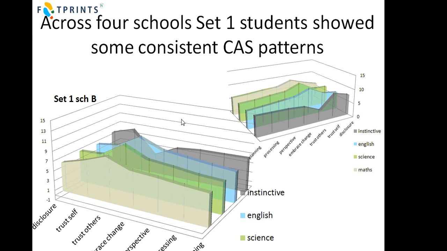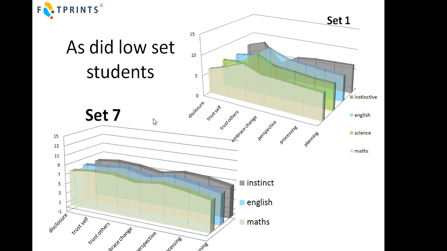We see that pattern here, and that is really in very strong contrast to what we saw in set 7 here, where it was very flat, and we saw what's actually across the mean here, a slightly higher than average trust of self, which remains higher than average, and higher than average trust of others, which remains the case. And this trust of others, trust of self, seems to be a distinct pattern between set 1 and set 7.